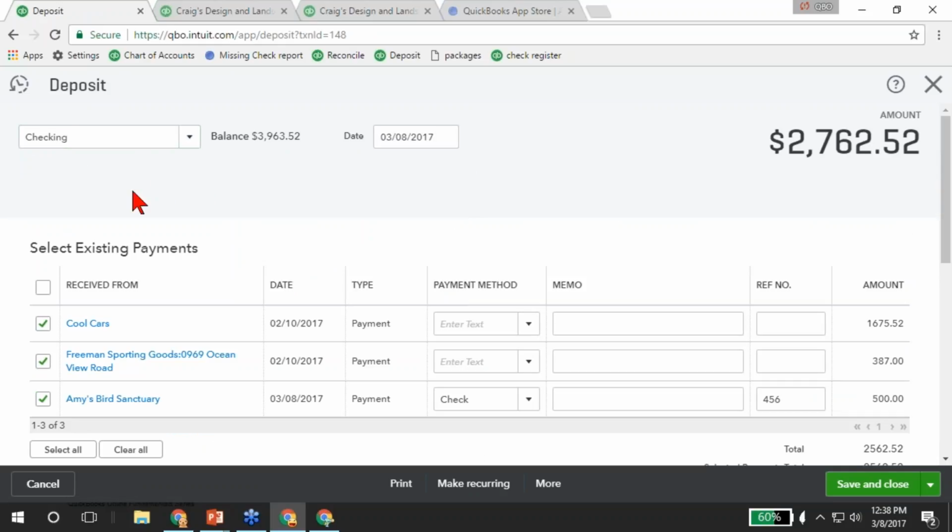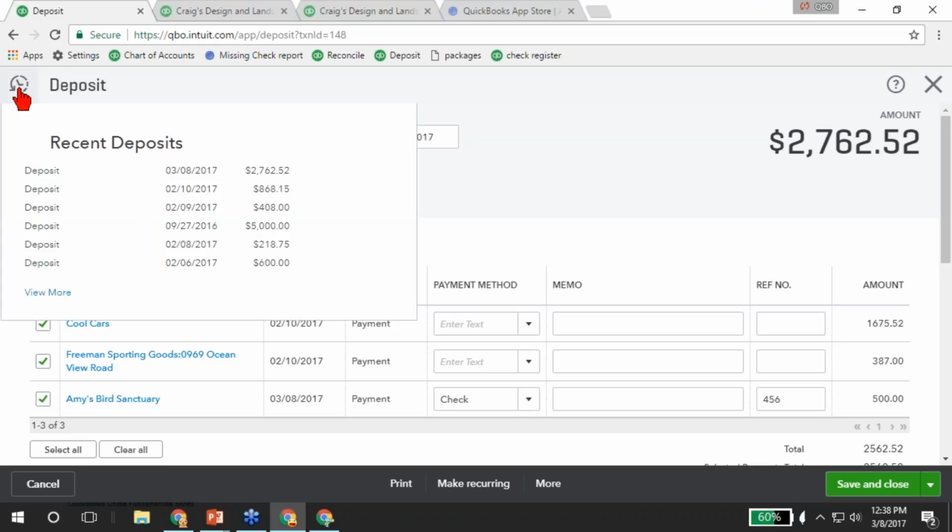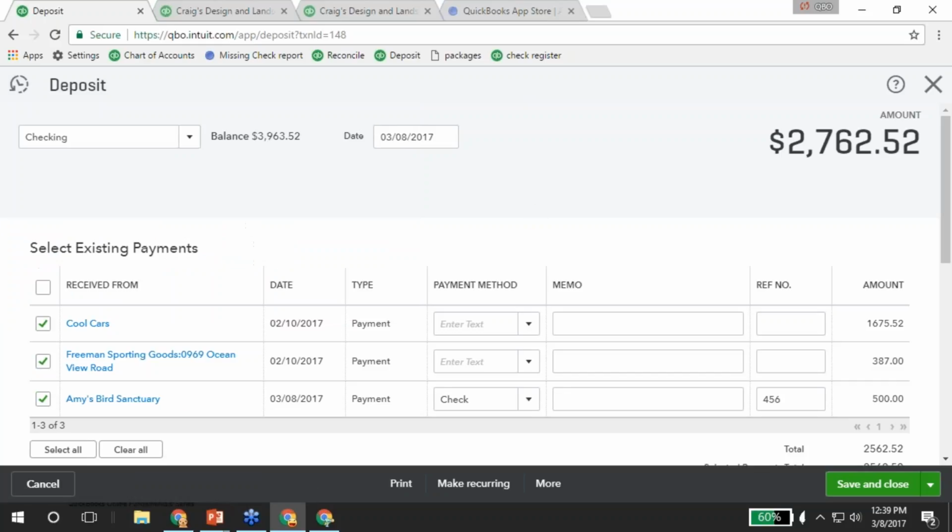Also, one of the other things I wanted to point out to you, I showed you how in the search box you could see all the recent transactions that you've entered. But when you have a transaction open, like right now I'm in a deposit, in the upper left corner we don't have the forward and backwards buttons where you can scroll through them, or previous and next. But what we do have is this recent transactions button, kind of the backwards looking clock. This will show me all of my recent deposits,